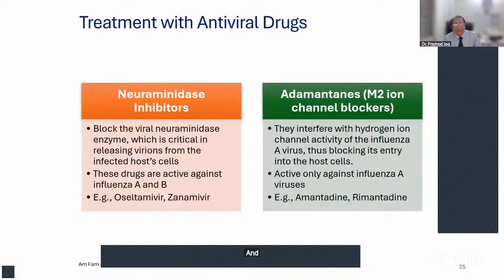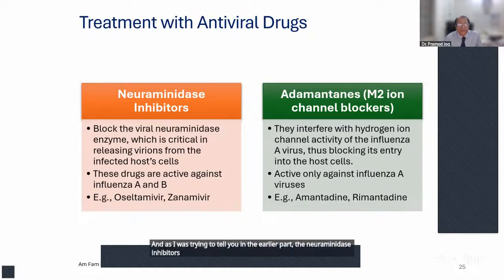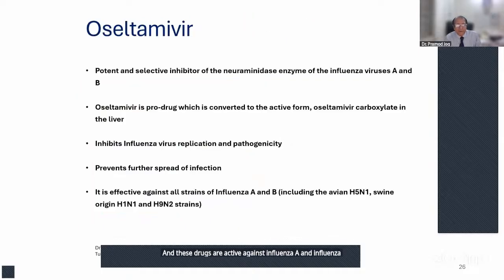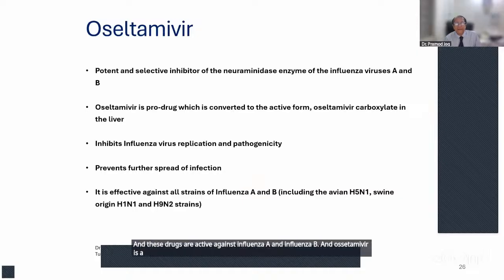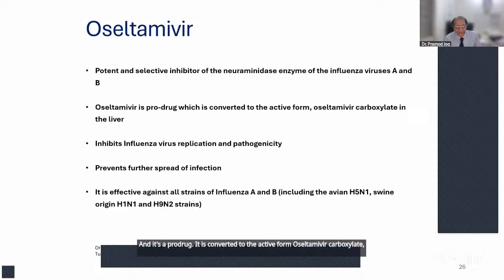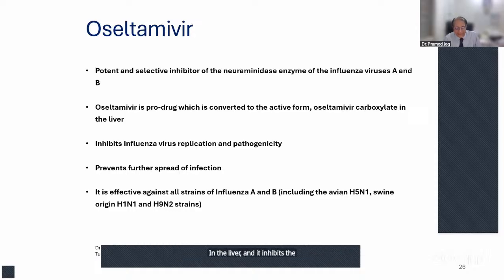And as I was trying to tell you in the earlier part, the neuraminidase inhibitors like oseltamivir are the ones which block the viral neuraminidase enzyme, and that is very critical in releasing the virions from the infected host cells. These drugs are active against influenza A and influenza B. Oseltamivir is a potent and selective inhibitor of the neuraminidase enzyme, and it's a prodrug. It is converted to the active form oseltamivir carboxylate in the liver, and it inhibits the virus replication and prevents